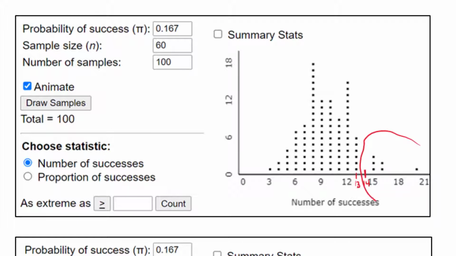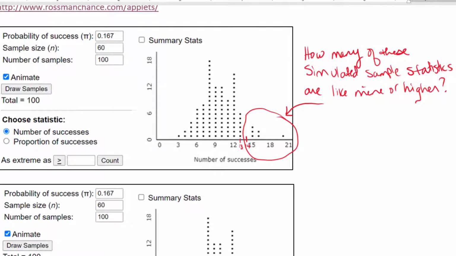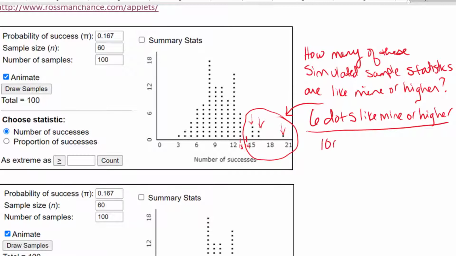So it would be all the dots like 14 and higher out of 100 total dots. What I see here is I count 6 sample statistics in the simulated distribution. So 6 dots that are like mine or higher out of 100 total dots. So the probability of getting a sample statistic like mine or higher is 6 out of 100, which is 0.06